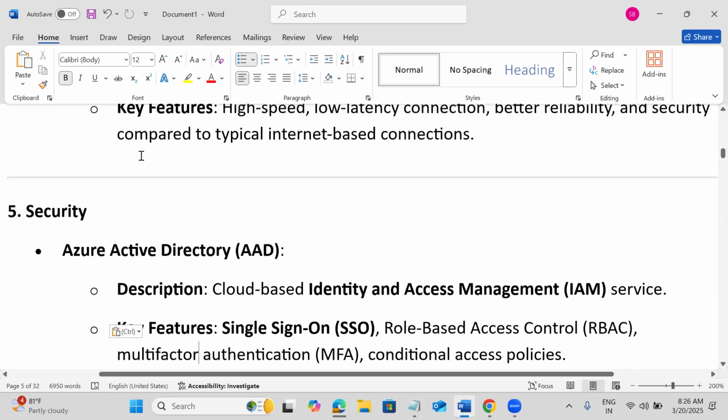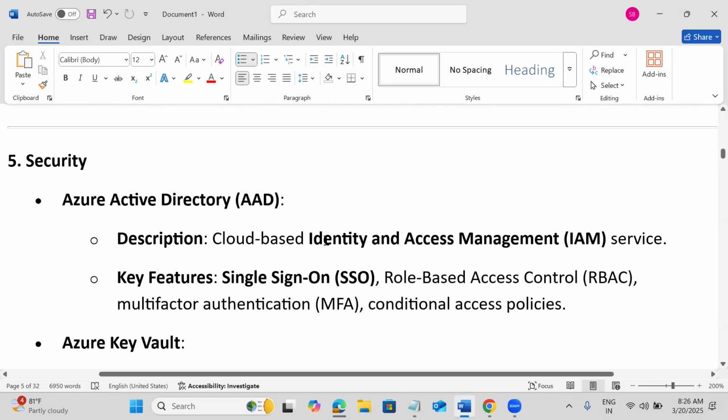Then for IAM, we have Azure Active Directory. The new name is Entra ID. Under Entra ID, Azure is bringing all of these Active Directory services. We can synchronize on-premises Active Directory, and we can create single sign-on, federation kind of services, role-based access control, and multi-factor authentication.